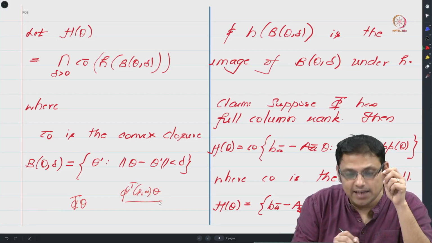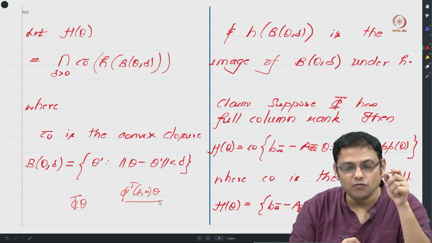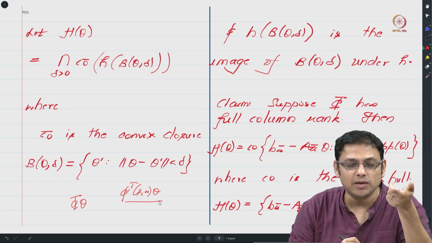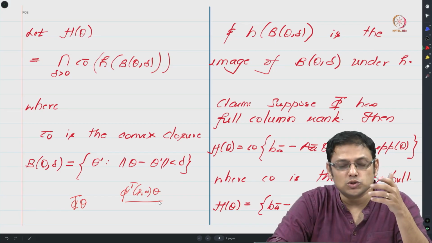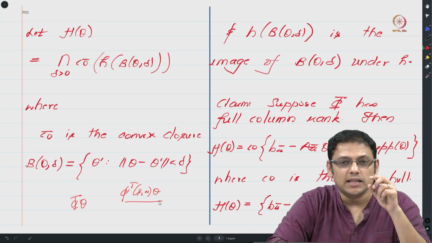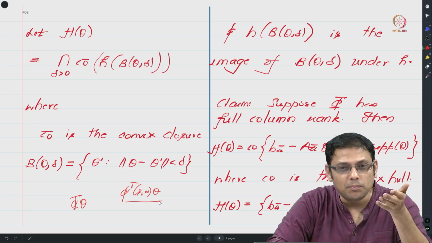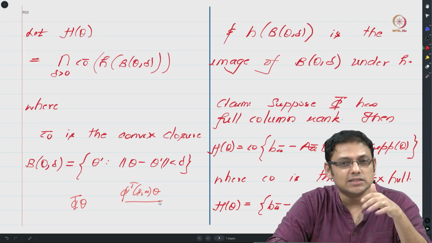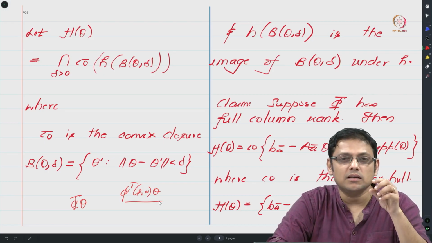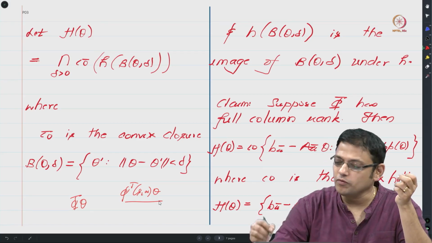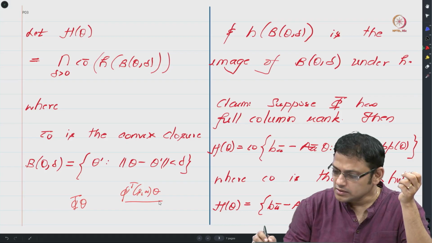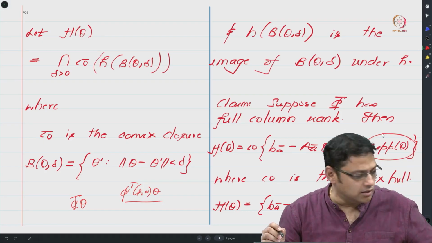So for a fixed S, there will be some choices of phi theta where if you try to find the maximizing action, there will be a unique action. However, it is also possible in certain cases that there are multiple actions for which phi transpose SA theta have the same value, in which case if you try to find the maximum, there will be multiple answers to that. And what we are trying to say here is, when I write support of theta here,